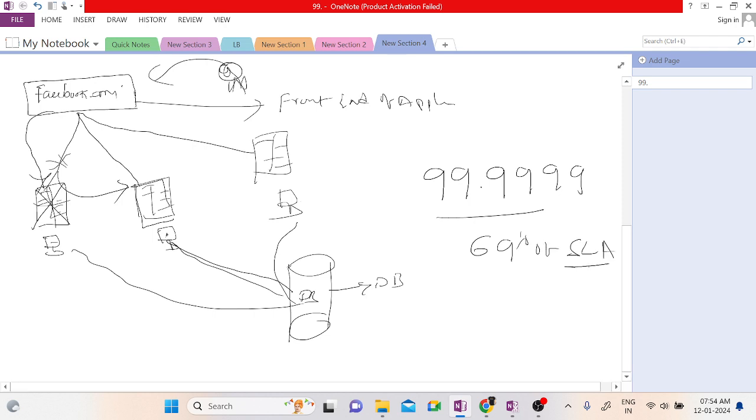SLA means what? Service level agreement. What is an SLA? Service level agreement. What is that agreement? Microsoft will tell you, if you buy my products, if you deploy a server in my data center, I'll make sure your applications will always be available